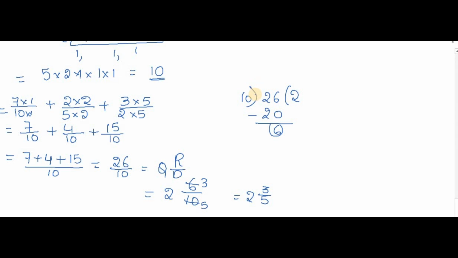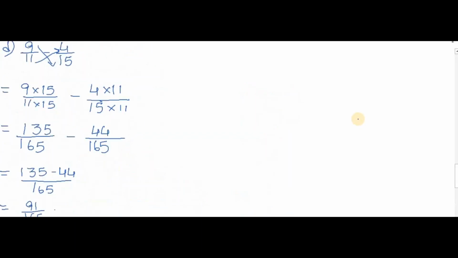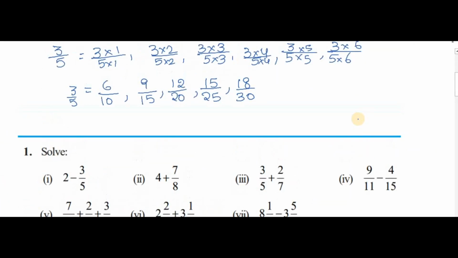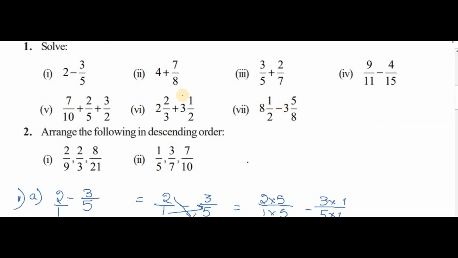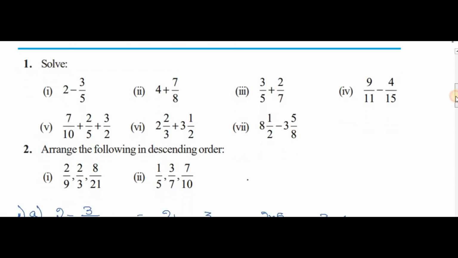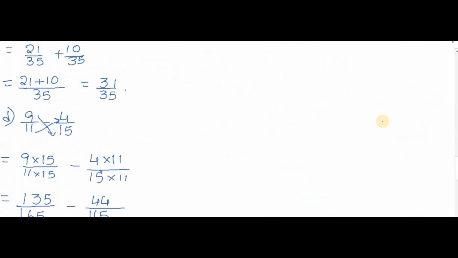So this is the question. Up to this we solved yesterday, and now we are going to solve the 6th and 7th also. So what is the 6th question here? It is a kind of mixed fraction addition, and this is mixed fraction subtraction. Okay, so we'll solve this: 2 by 3 plus 3 1 by 2. Different fractions are given to us, so we are going to solve this in your notebook.